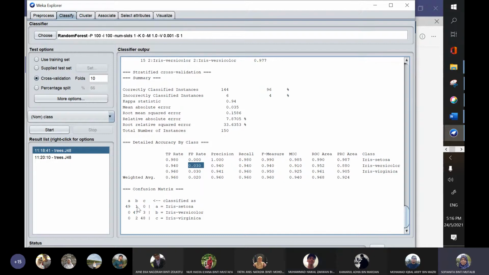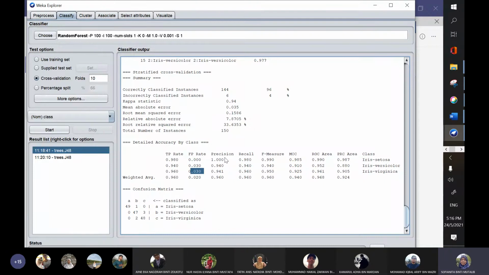So this is 1 plus 2 divided by the total of this column, so 50. 3 divided by 50, so you will get 0.030. And the same goes for the last one, 0.30, here and here, and then divide by 51.